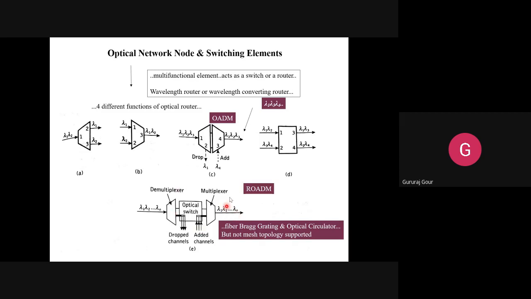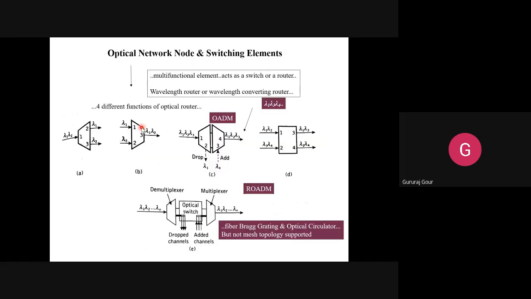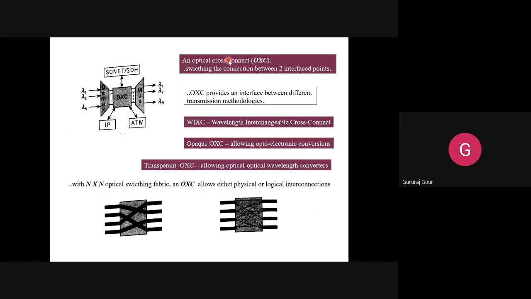In order to make this ROADM support the mesh topology, we depend on the optical cross connect, known as OXC. You can see here we are including the OXC block in between these two blocks, the demultiplexer and multiplexer sections. So in case of optical switch, now we are going to use optical cross connect. It is going to support your first generation and later generation technologies.